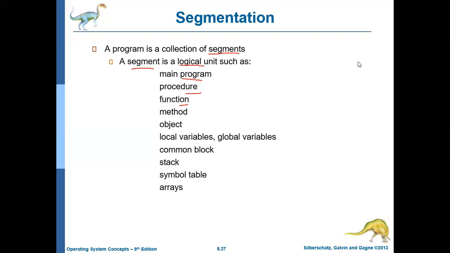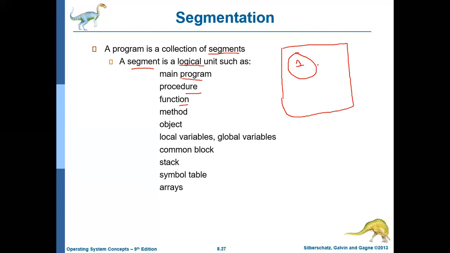The programmer thinks of memory as a bunch of memory available, and maybe the main program will occupy some unit, which he will consider as one segment. Maybe he may call it segment 1.